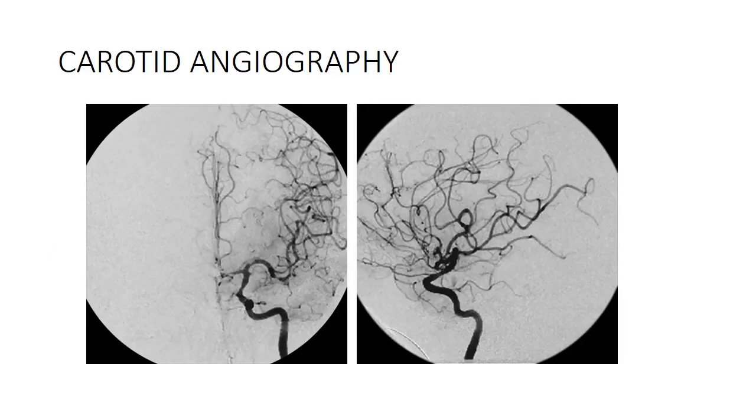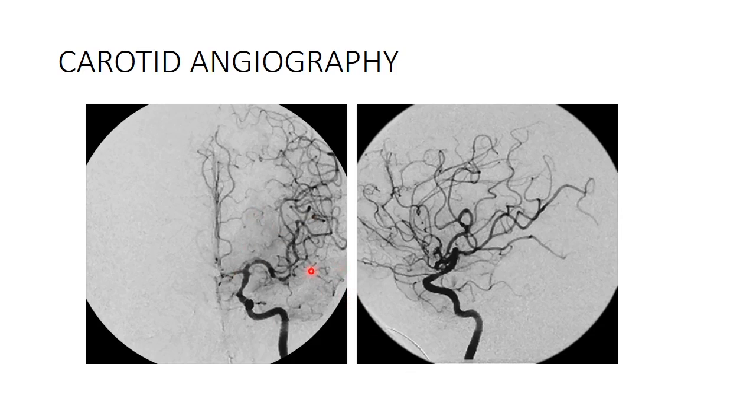Then we can see this is the carotid angiography, right? So what actually is carotid angiography? It is a procedure in which the catheter is introduced into the superficial vessels of the upper and lower limb. Either we put it into the radial artery, or we used to put it into the femoral artery, right? Then it is guided to the level of the carotid arteries with the help of a radiographic guide,